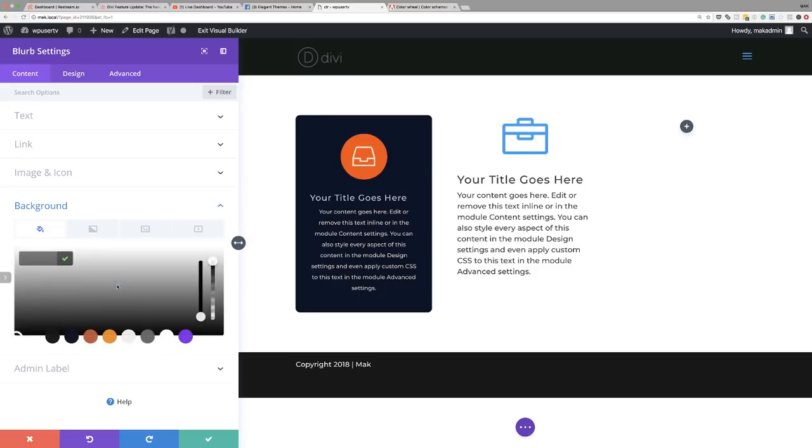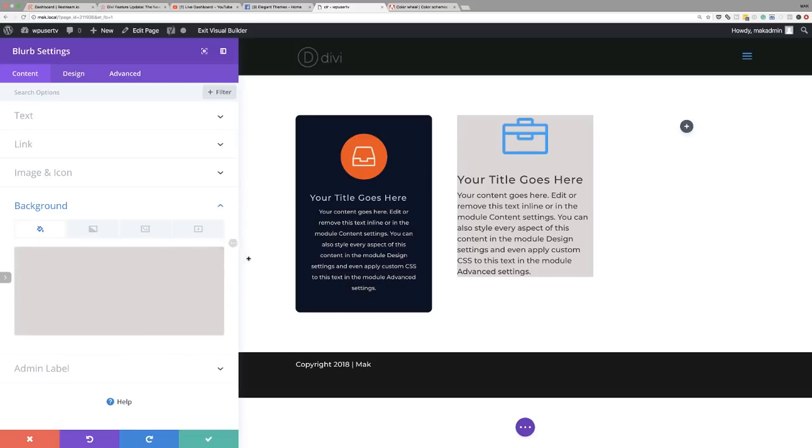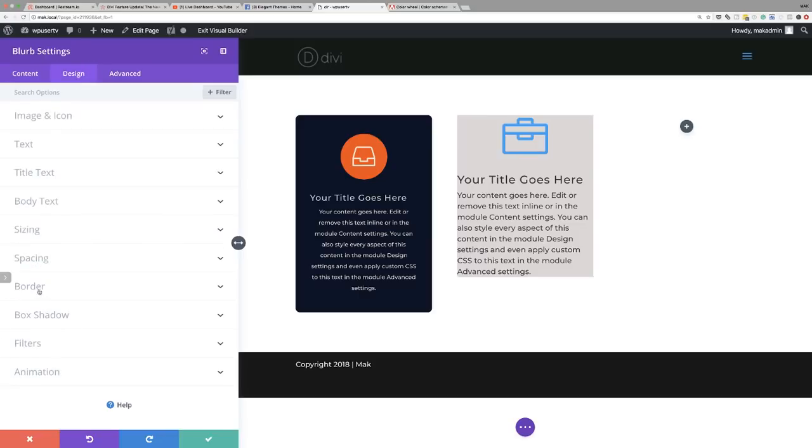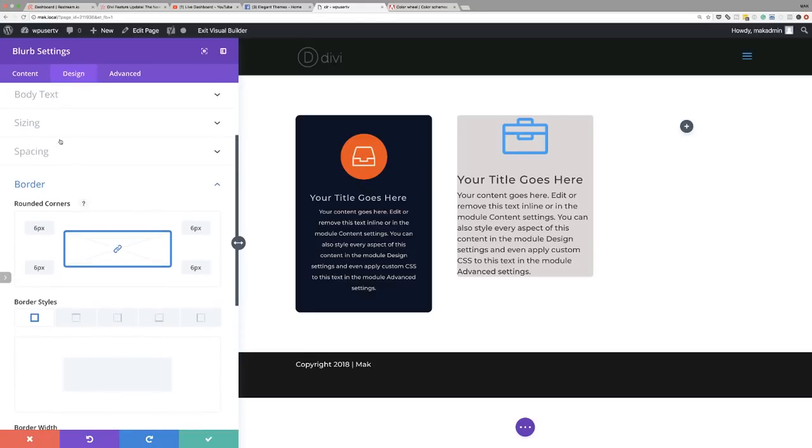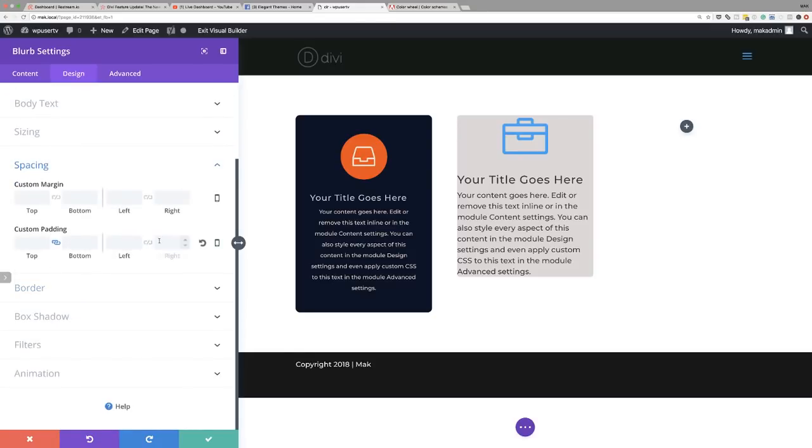So I'm going to come over here to my background. And let's choose, okay, so let's customize this color here. We need a light gray. Okay, so I'm going to use that as my background color. Now let's move on here to design, and let's fix our borders. So I'm just going to add about 6 to my corners, and then over here on spacing, I'm going to add some padding,